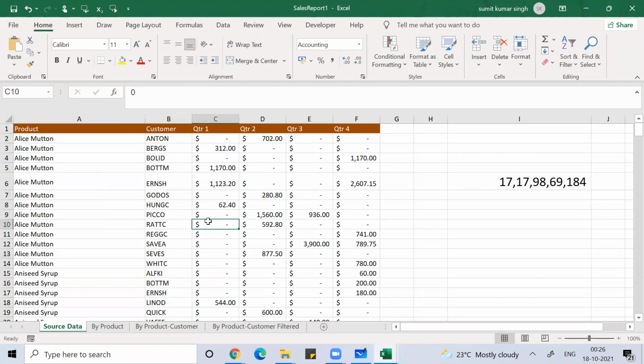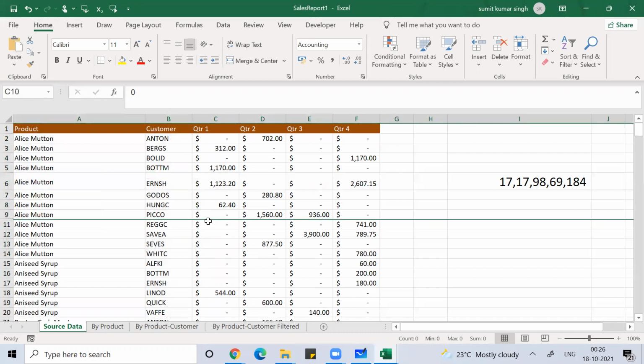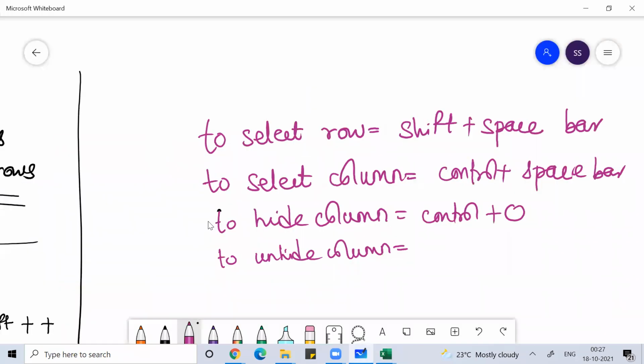Similarly, to hide a row, Shift Space bar, Control 9. The row will be hidden.